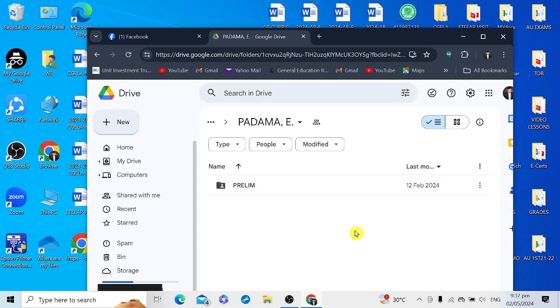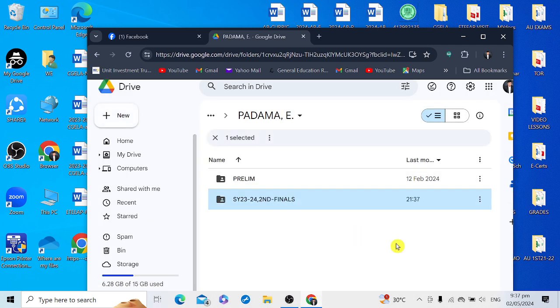Okay, so we're going to create, and then after that, you already have your folder. Okay, next, what are we going to upload in this folder? Part of the faculty clearance will be the submission of the grade sheets. Instead of submitting your printed grade sheets, we will be utilizing soft copy versions of your grade sheets, so we can minimize the use of printed paper. So again, we will be using this soft copy.